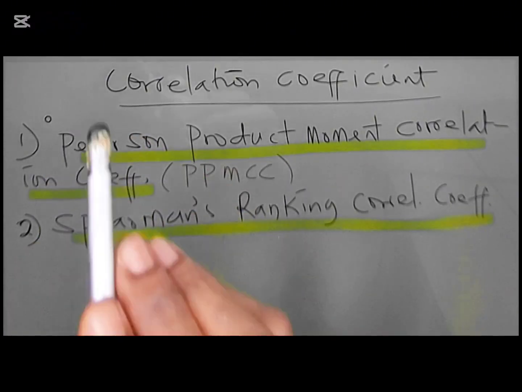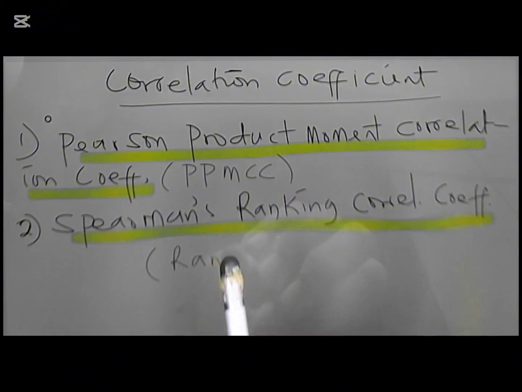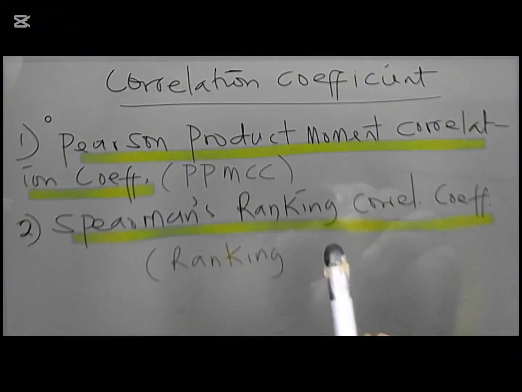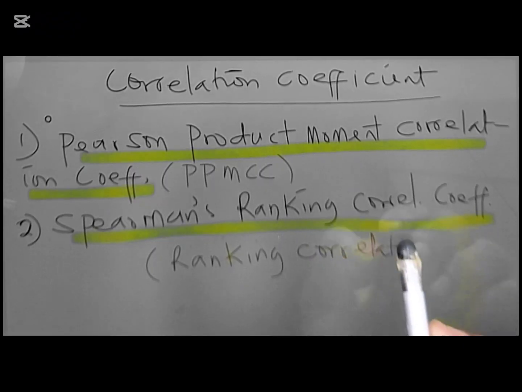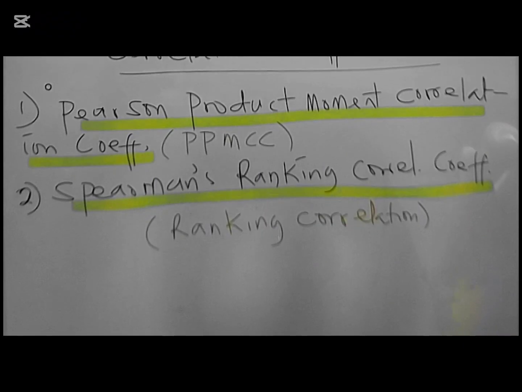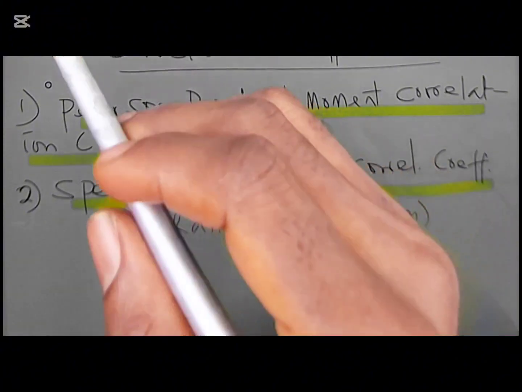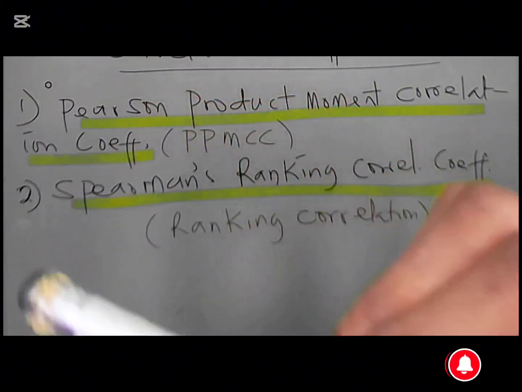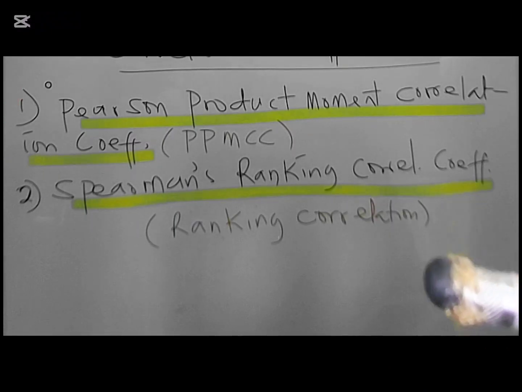You can also call this, please take note, ranking correlation. Please take note, okay. What you should understand here is that in solving this correlation, either using Pearson product moment or using Spearman's ranking correlation here,